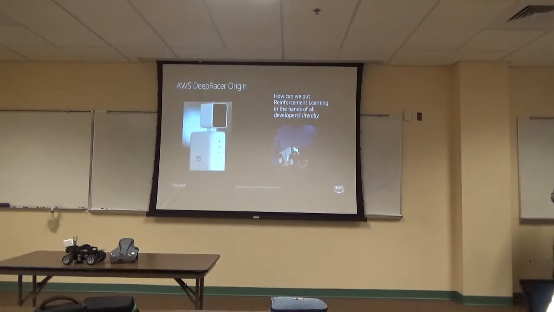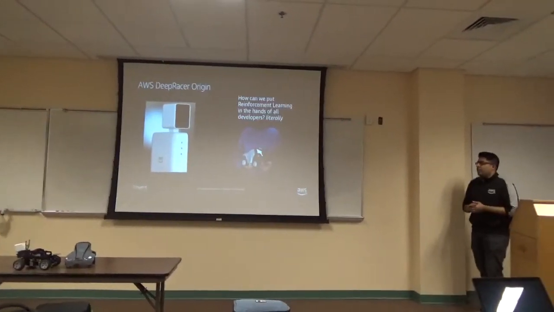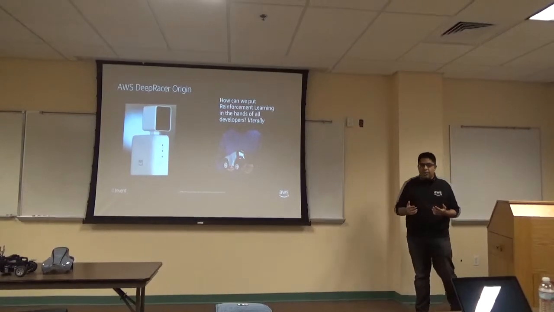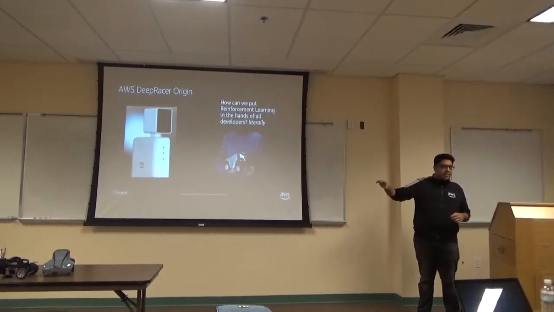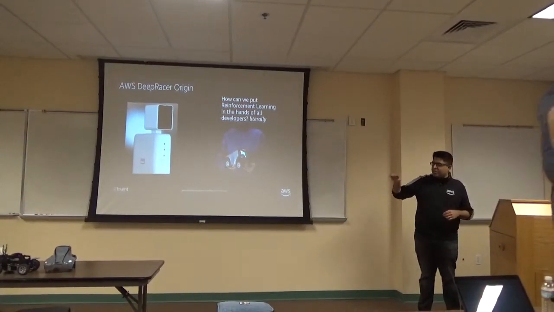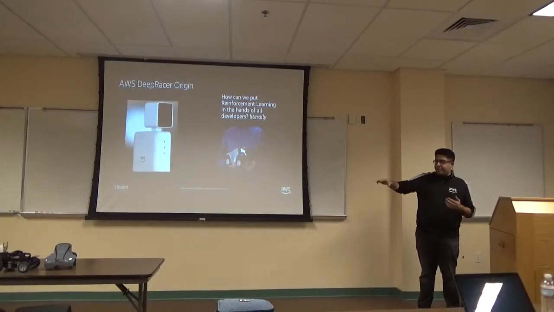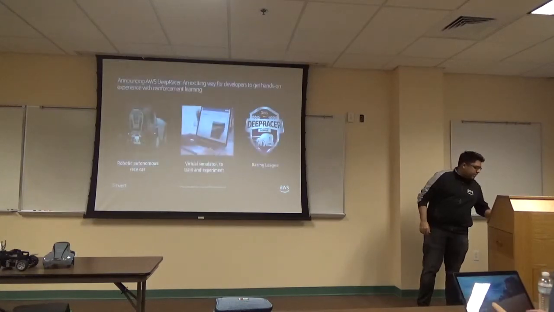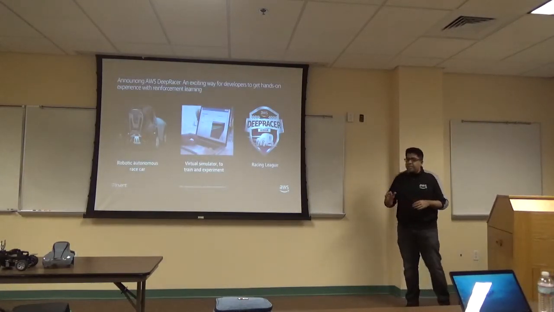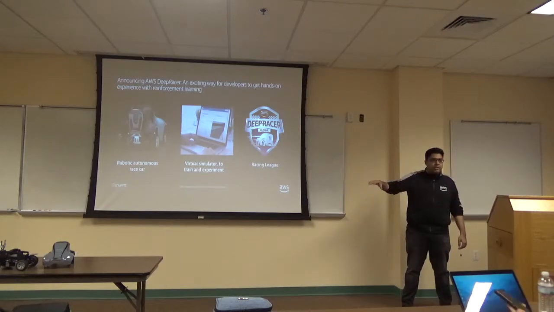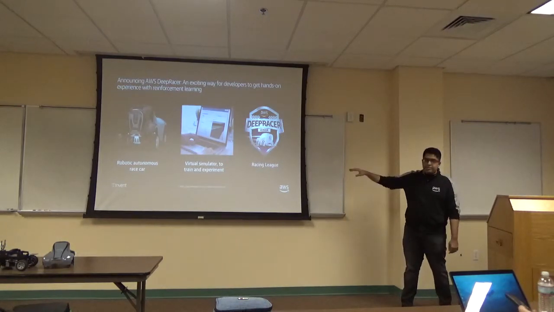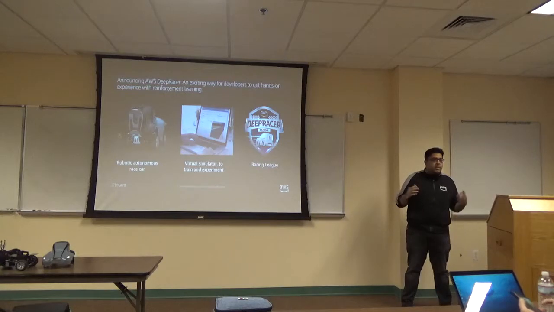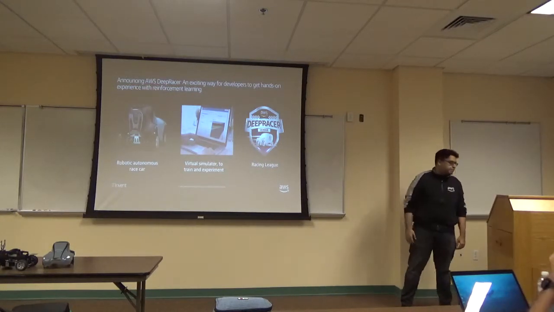And then in 2018, when we introduced reinforcement learning, we're like, how do we get this in the hands of developers? So we had this great idea to create this autonomous self-driving car. I think it says 1/18th the size of an actual car. I don't know how they measure that, but that's awesome. And then two other things. A virtual simulator, so you can actually train your DeepRacer models in the cloud, as well as a DeepRacer League, so developers can compete against each other globally and see who has the fastest model, and hence the fastest car.